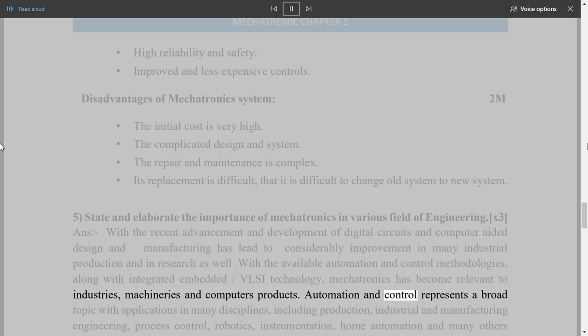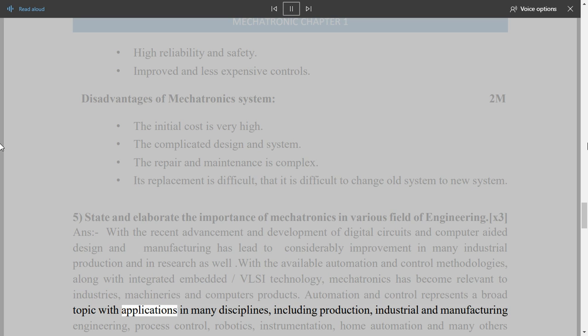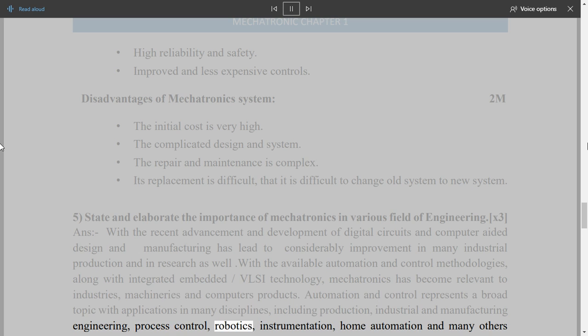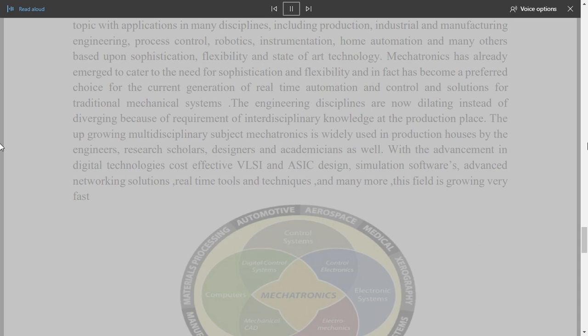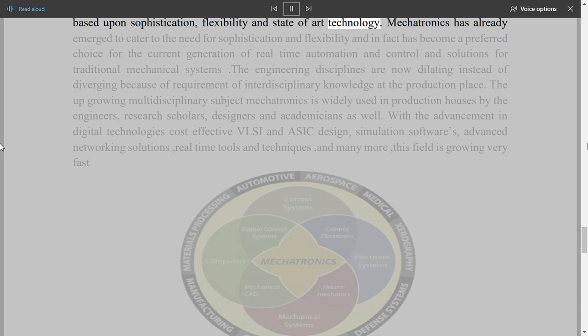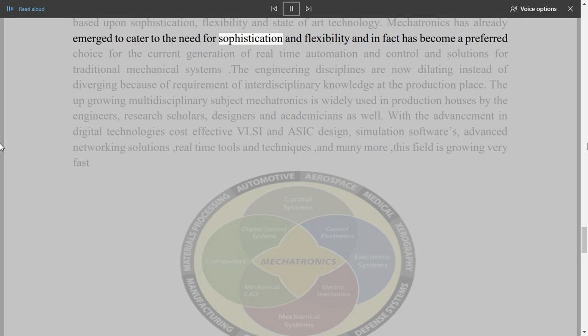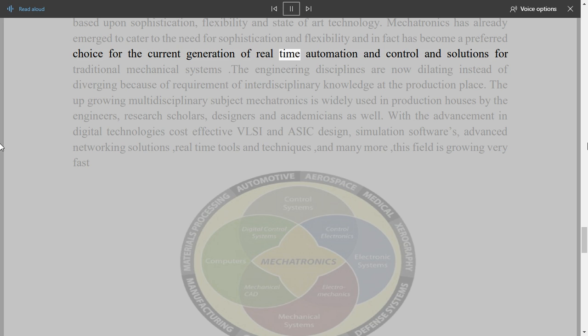Automation and control represents a broad topic with applications in many disciplines, including production, industrial and manufacturing engineering, process control, robotics, instrumentation, home automation, and many others, based upon sophistication, flexibility, and state-of-the-art technology. Mechatronics has already emerged to cater to the need for sophistication and flexibility, and in fact has become a preferred choice for the current generation of real-time automation and control solutions